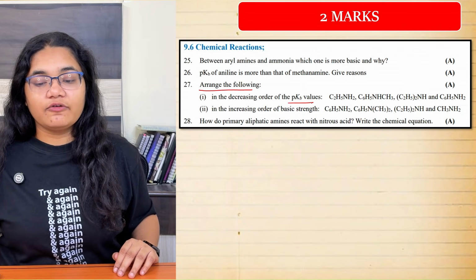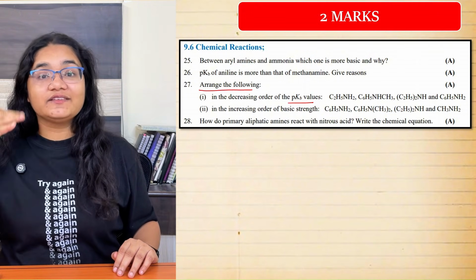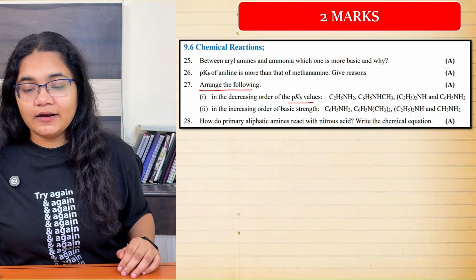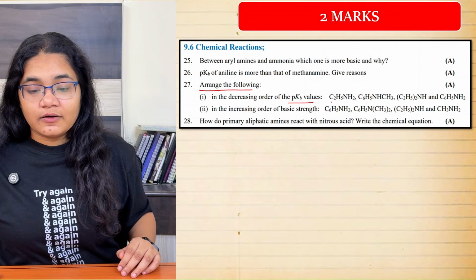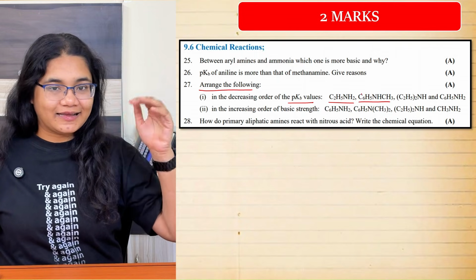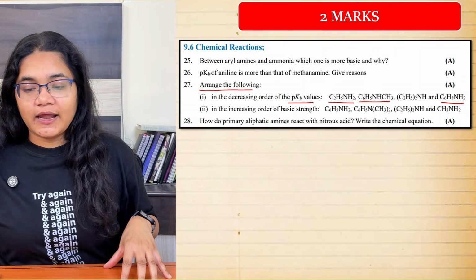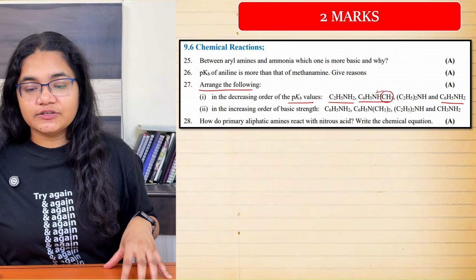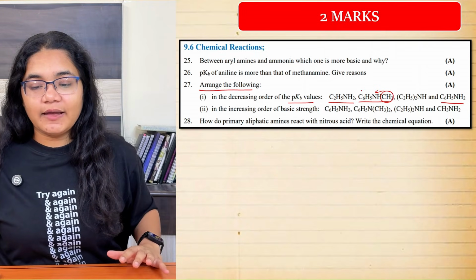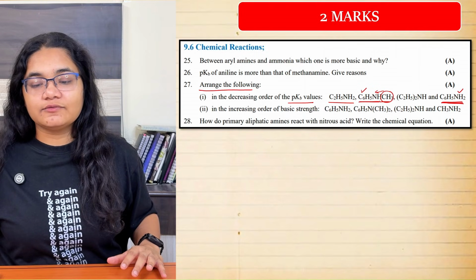In the decreasing order of pKb values. That means highest pKb, or that means least basic. Here you can see that least basic, first of all I have this group, then I have this group. Whenever I have an aromatic group, that will decrease the basicity, and here also I have one aromatic group. But here there is this CH3 group which will donate electrons to the nitrogen by its plus I effect. So if I compare this structure and this structure, this will be least basic, and this one will be more than that.